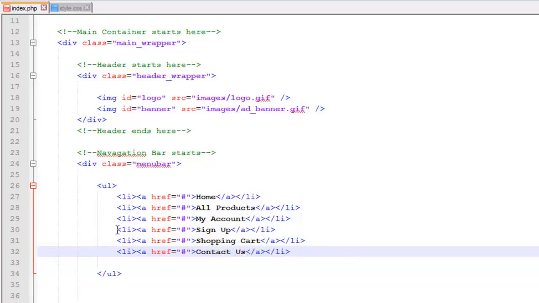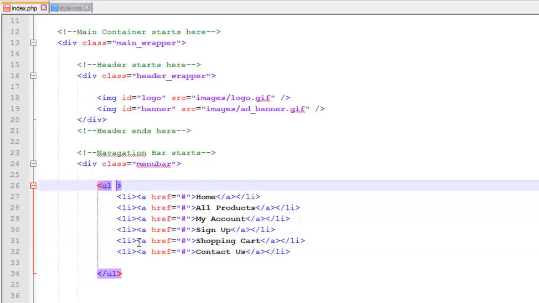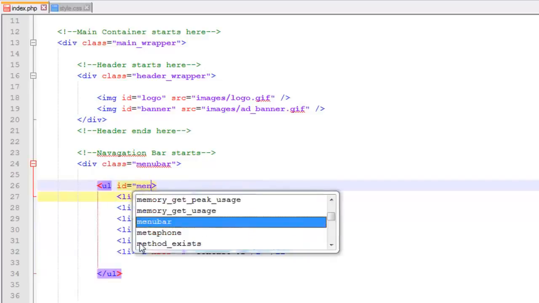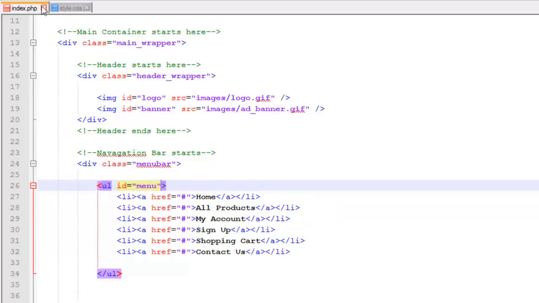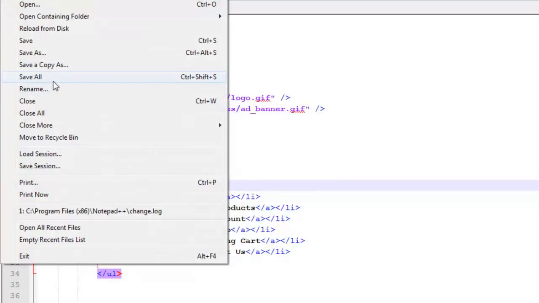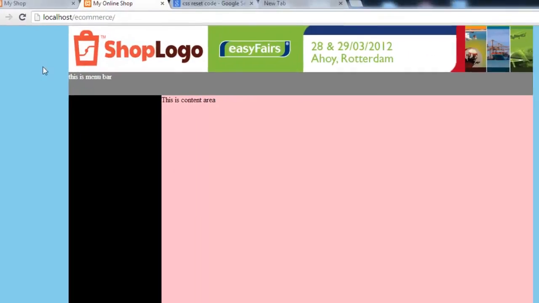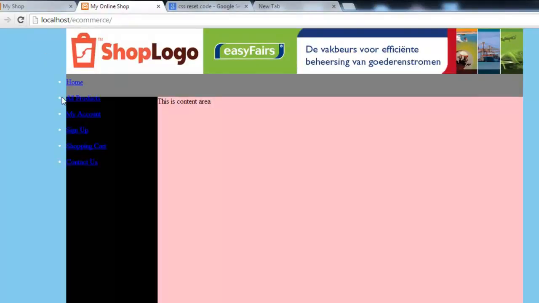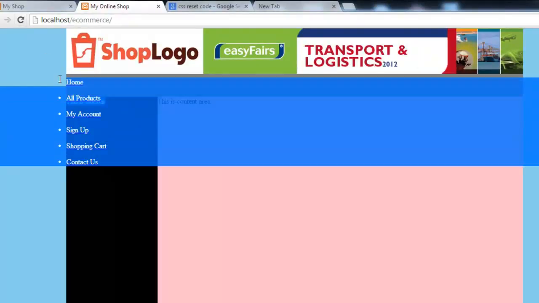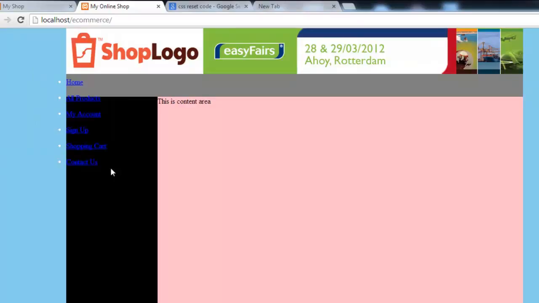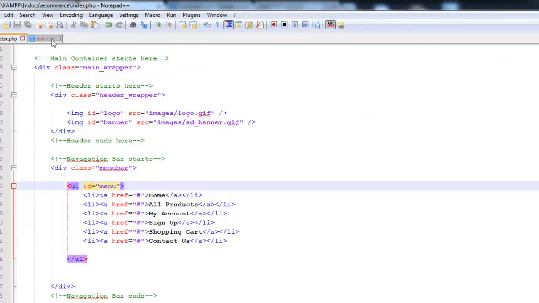These are the links we have added into the UL tag, and inside the UL tag we will add that ID called menu. So now simply save all, come to the browser, refresh it, and you see these are the links coming, but not in a good order. So we can style them very simply by going to